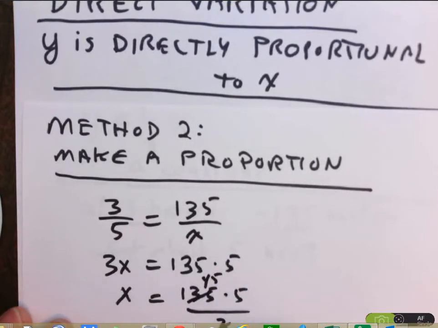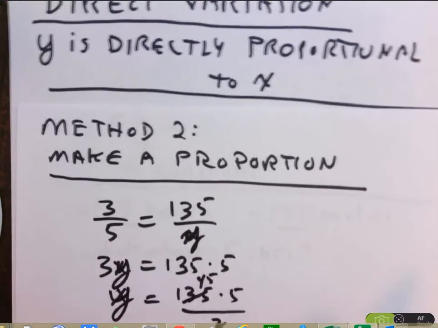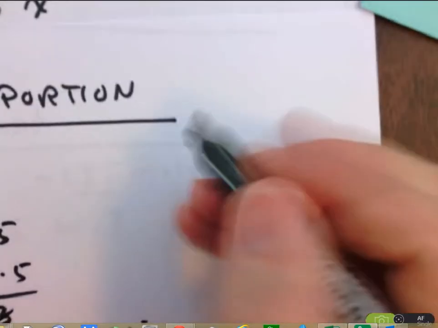45 times 5 is 225, which is x. We should probably put y instead of x because we're looking for the distance, which is y. Sorry about that. Okay, or we could set it up, since it's a direct proportion, we could set it up